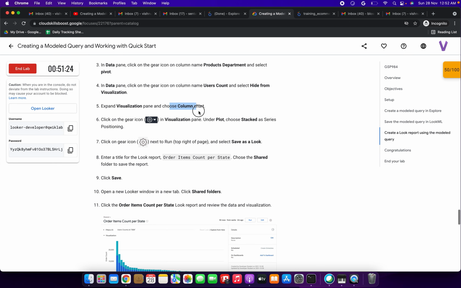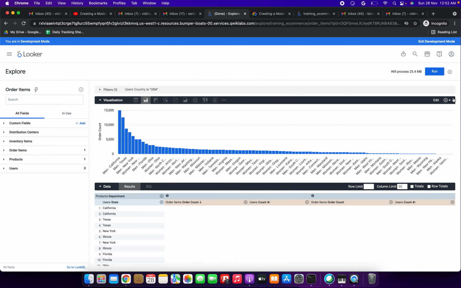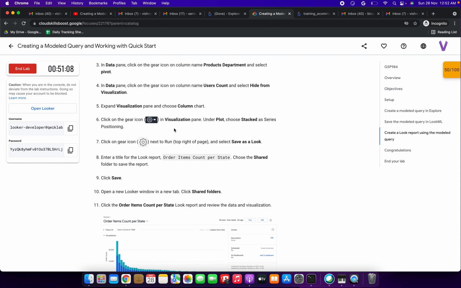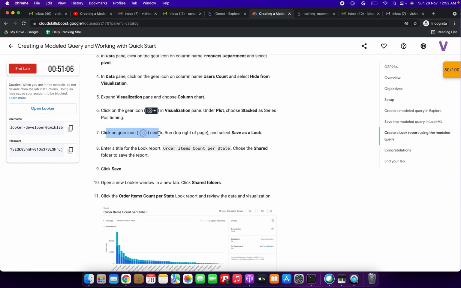Next, in the visualization pane under plot, choose stacked. Just click it here under plot and select stacked. Then next step, we need to save as Look. Before that I'm copying this title, order items count per state.